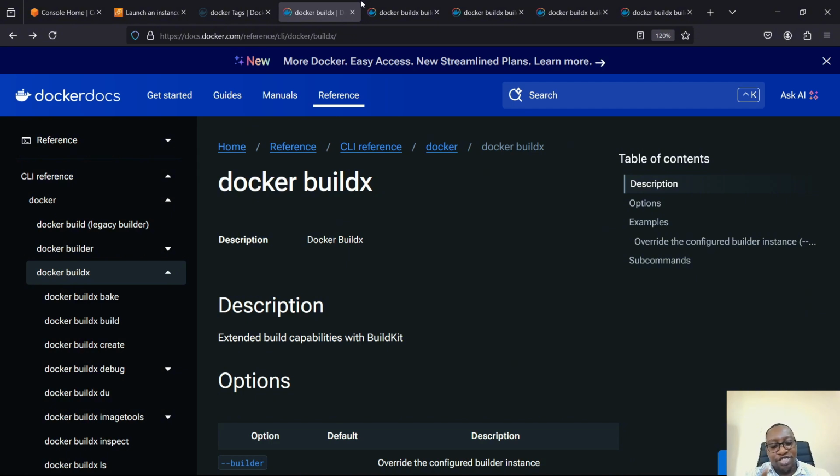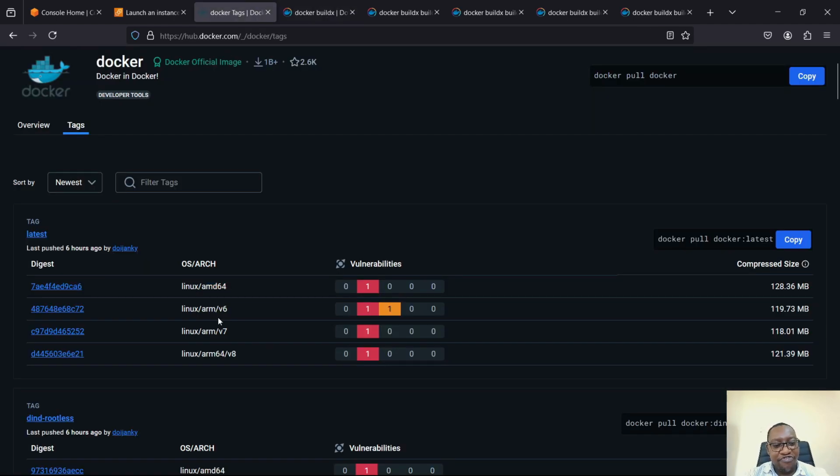So I've mentioned two things. Number one, you can use Docker Buildx to build for different platforms, like what we see here. There's AMD64, there's ARM version 7, and there's also ARM64 version 8. So we can use Docker Buildx to build these different architectures and push them into a registry so that if